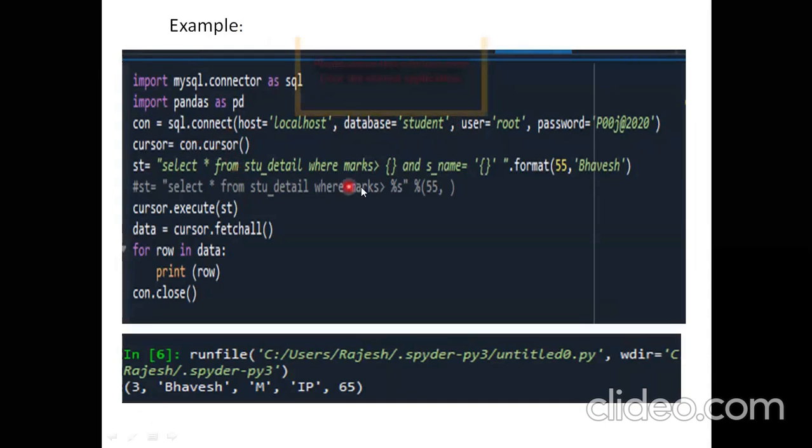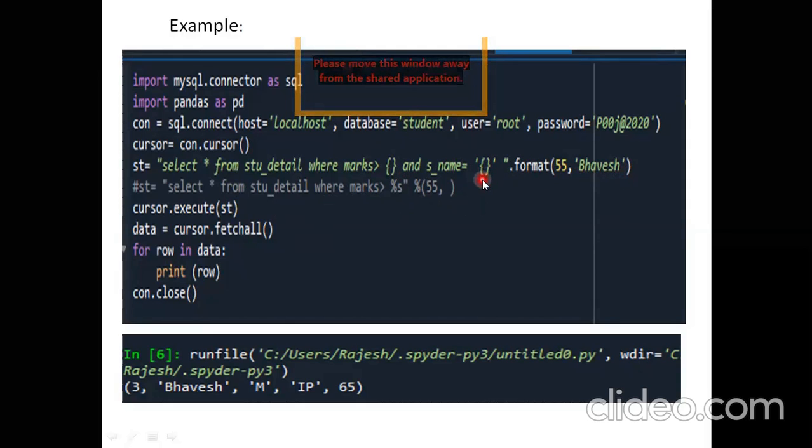Now the difference over here is that you can see the empty brackets have been given. Why? You can see how I was doing it before. Before, I was passing %s in the old styling, but in new styling, I am using empty brackets, and two values have been passed. Two values we need to pass. We will be passing them with dot format, and the values will be passed.